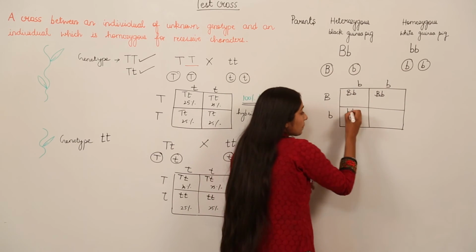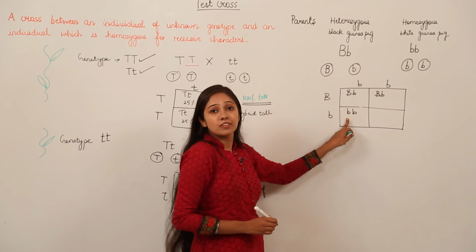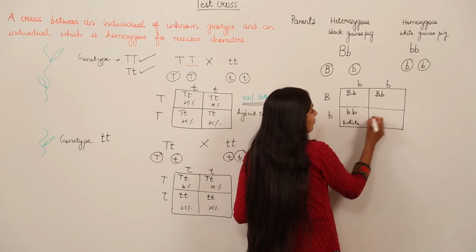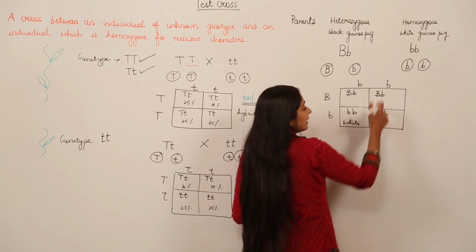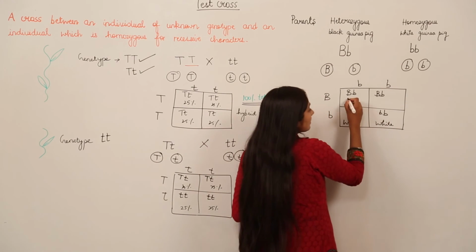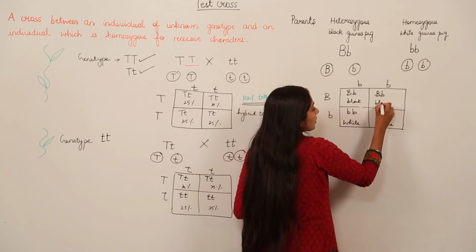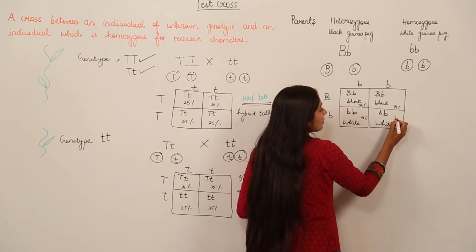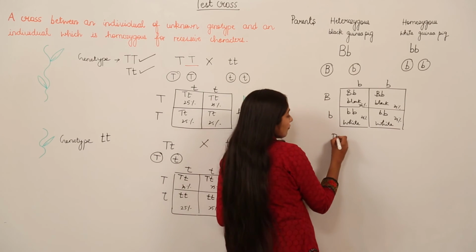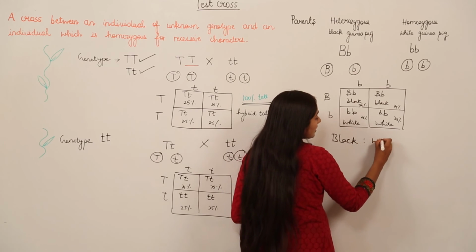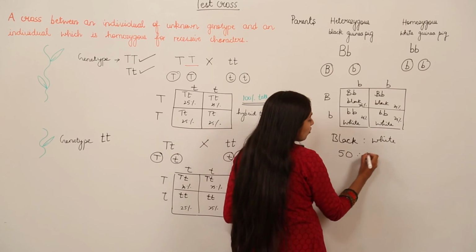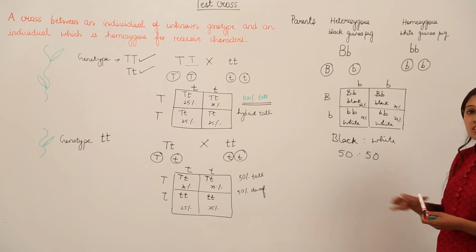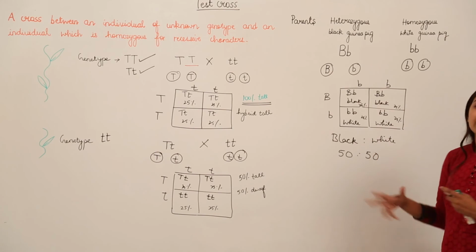We have both homozygous recessive, right? So what is going to be? It is going to be a white guinea pig, right? Here also we have this condition, homozygous white guinea pig. So this is going to be a white guinea pig, and these are going to be black. Okay. So when we contribute 25%, 25%, 25%, 25% to each of them, what are we going to have? We have a combination like black is to white, 50 is to 50, means 50% of the guinea pigs are going to have a black coat color and 50% guinea pigs are going to have a white coat color.